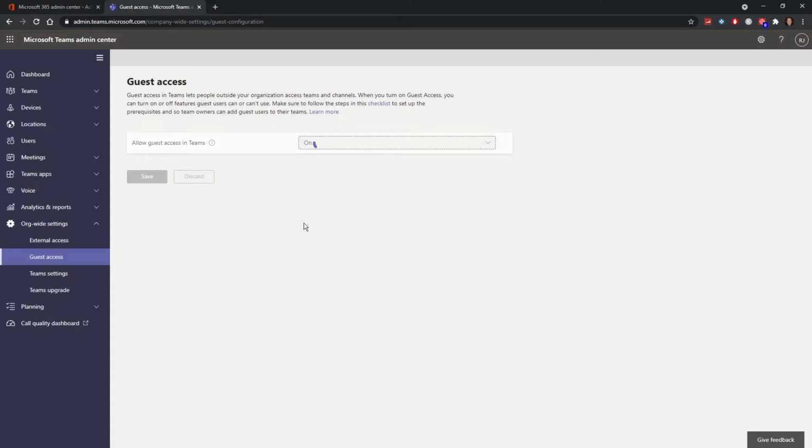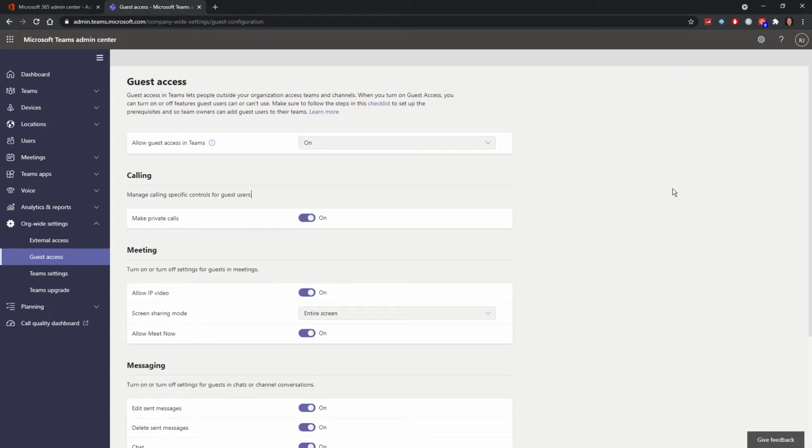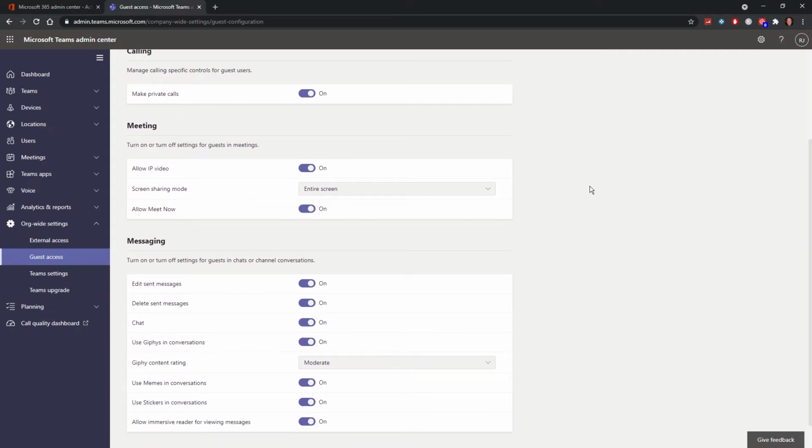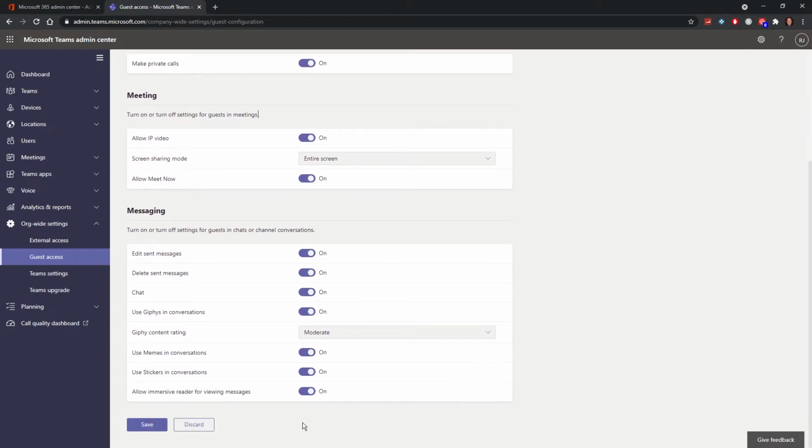So you turn it on, you get a new list of all sorts of options, and we will go through those options in different videos. At the bottom of the page you will see a Save button appear. After you press the Save button, a change will start. You will get a green bar with the text, "We saved the settings, please allow a couple of hours for changes to take effect." This might take several hours, anywhere between 2 and 24 hours. In most cases it's only a couple of hours.